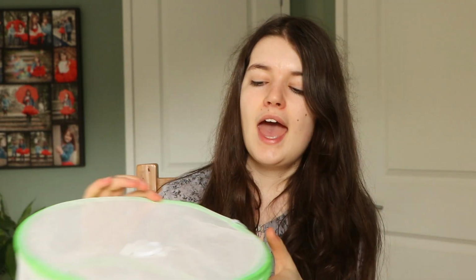My favorite method is actually using a cake protector. So this is just made of mesh. You can use any sort of mesh food container. And basically what you want to do is on this top piece, you want to put all of your petals. So I have a couple of examples here. Basically you want to take, these are actually already dried, but you put your petals on top,